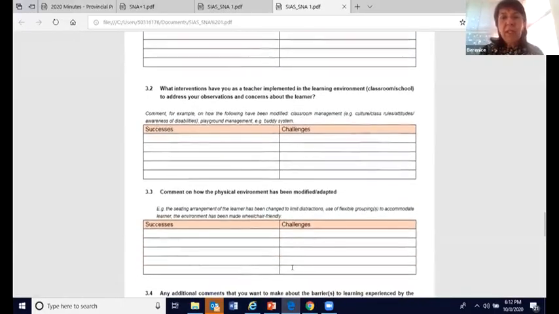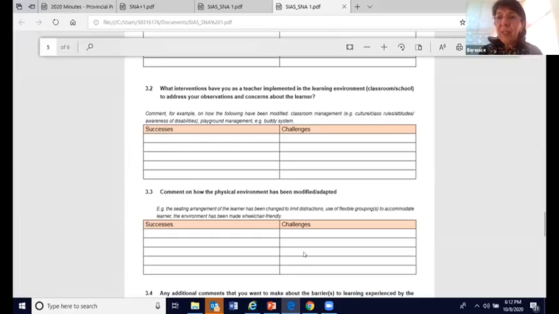Comment on how the physical environment has been modified, adapted. If it is a child with a physical disability, you might say the success there is that a wooden ramp was placed at the entrance to the classroom. But a challenge maybe is that the learner is unable to access the school hall or the whatever.